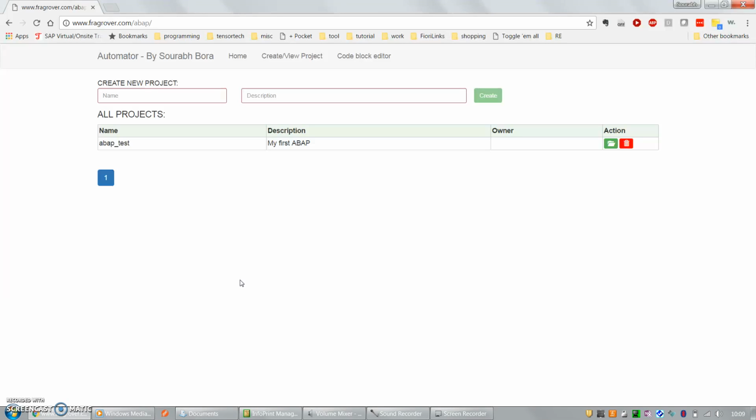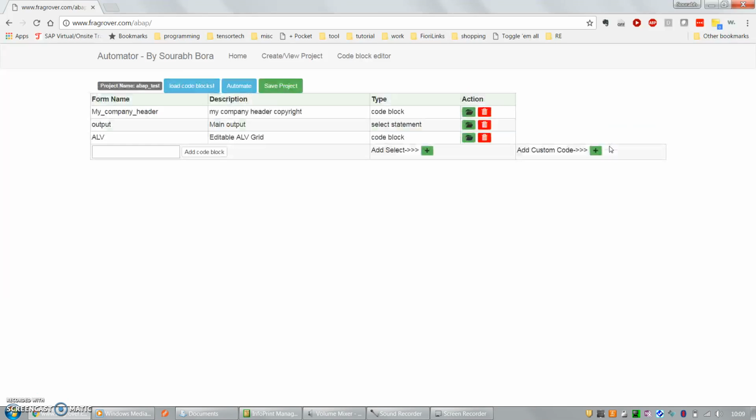For simplicity, let's take an existing code, existing project, as we call them. Each project is an SAP program name. So, for example, ABAP test is actually the name of the program it's going to create. Let's open it up. As you can see,